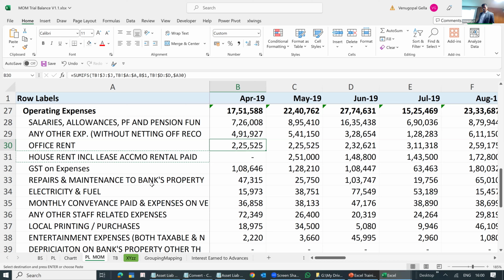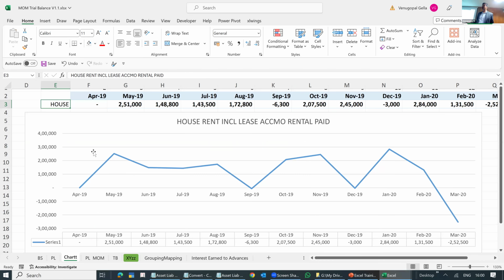But look at this. If someone in the office is able to collate the trial balances, put it into this way, and give it to you, your job is only to see the graphs. Very easy, right? So you may ask, sir, instead of me doing copy paste, can it be done in one go? Like, I want to see next, next, next. Can I see graphs like that?